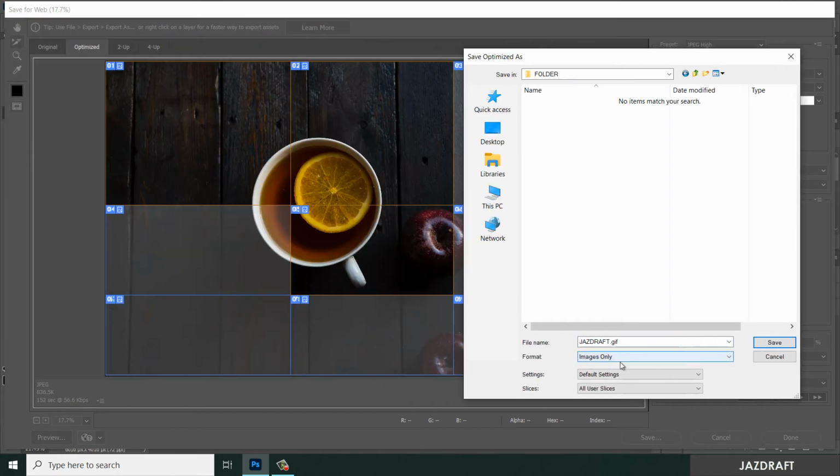Under new folder, images only, then make sure settings is default, and click selected slices, so it will only save what we selected. Then click save